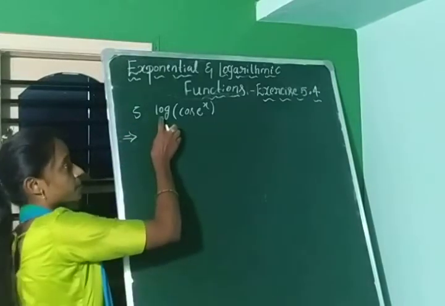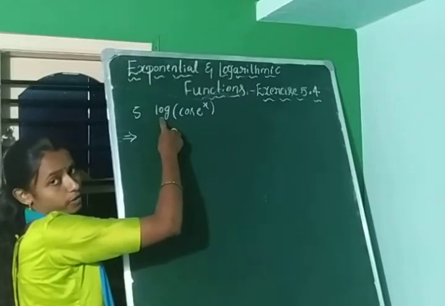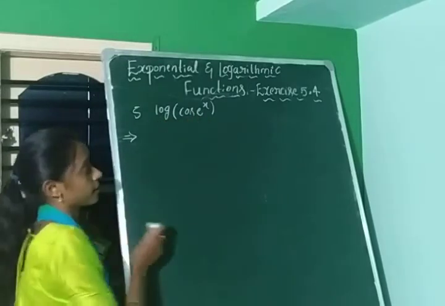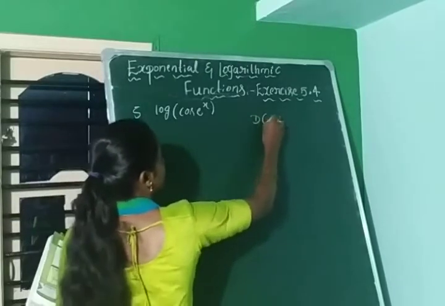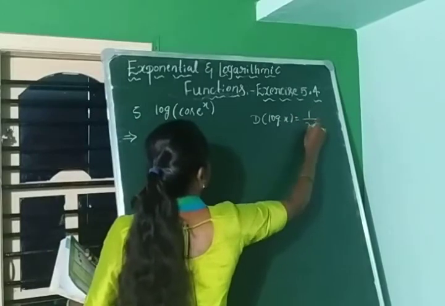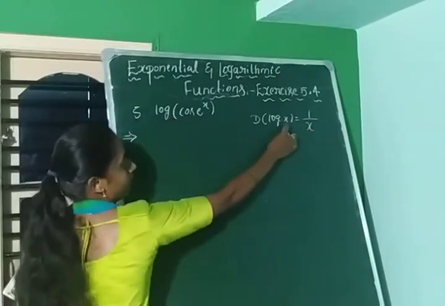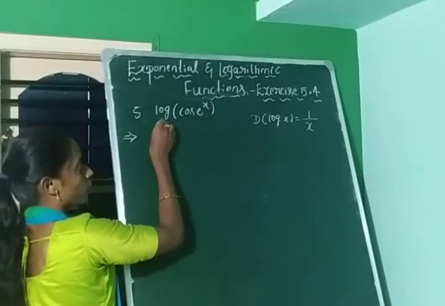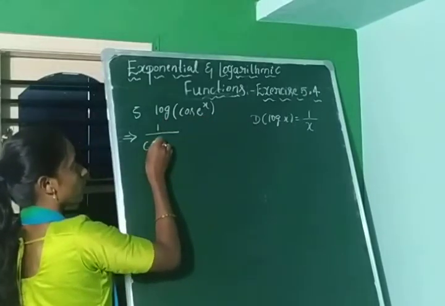Differentiate log first. Log derivative is 1 over x. Instead of x, cos e power x is there. Therefore, the derivative of log x is nothing but 1 over x. So instead of x, here is cos e power x. Therefore, the derivative of log will be 1 over cos